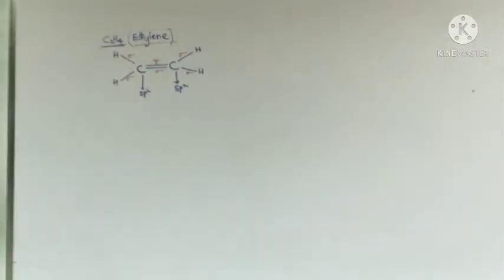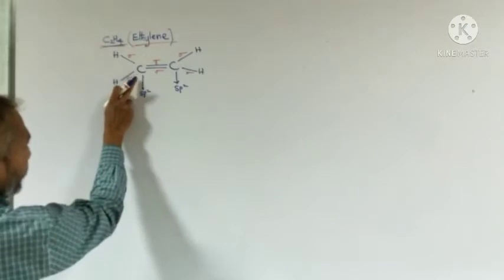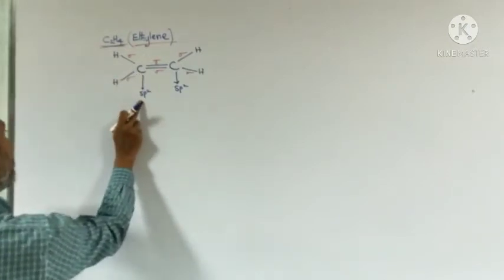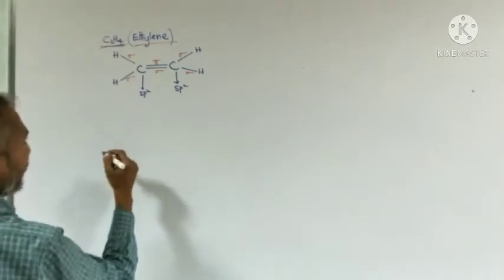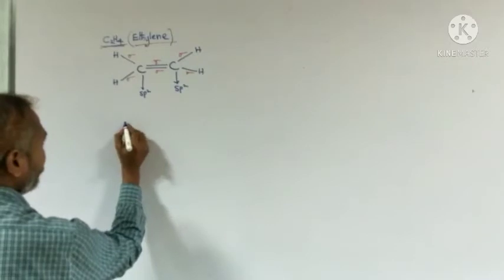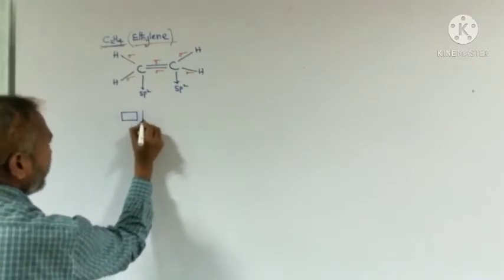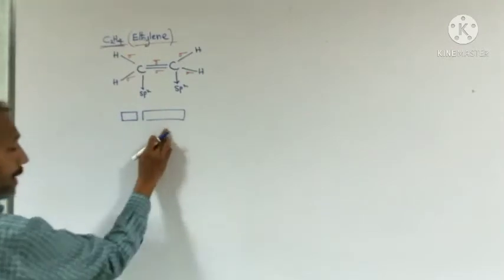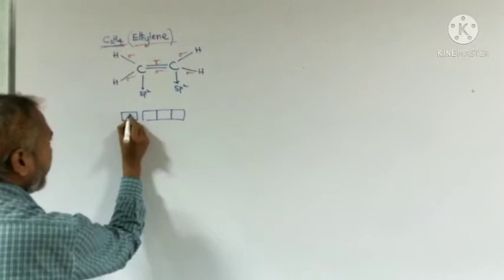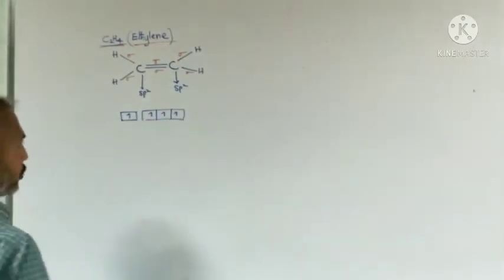So now we will see. Directly I will write. C1 carbon undergoes which hybridization? sp2 hybridization. So directly we will write the carbon excited electronic configuration. How many orbitals are there? 4 orbitals. It is the excited electronic configuration of carbon. How many electrons? 1, 2, 3, 4 after the electron promotion.